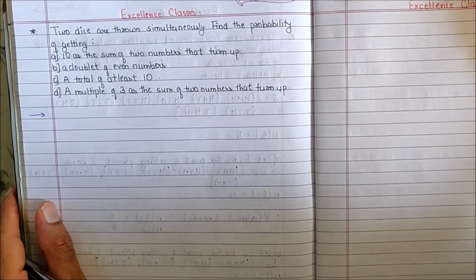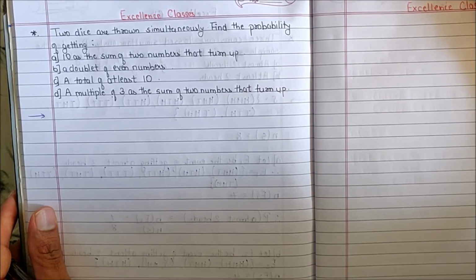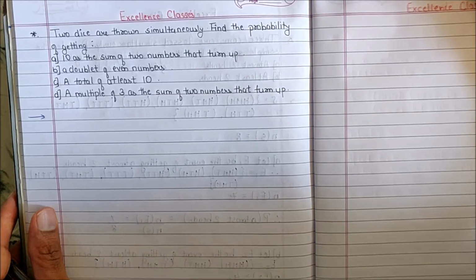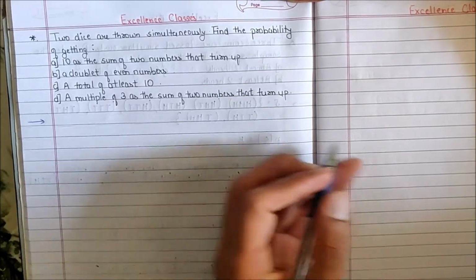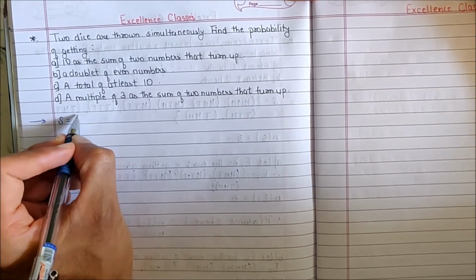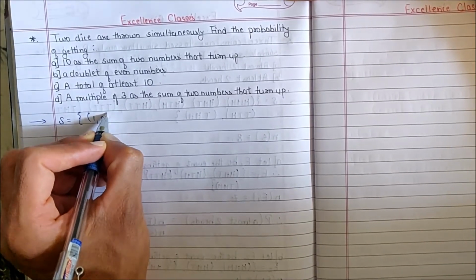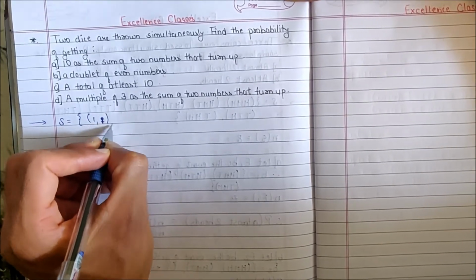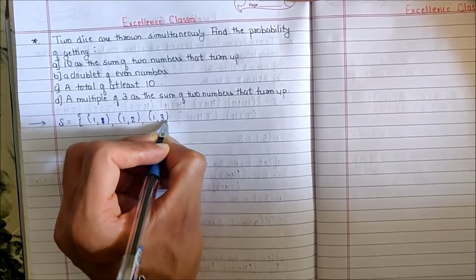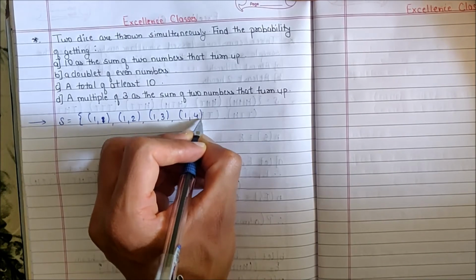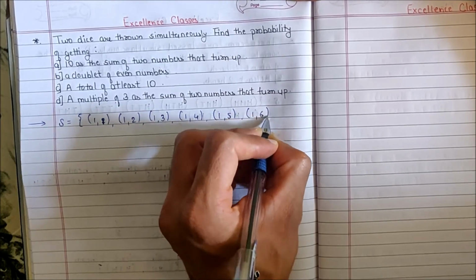Now the next example that we are considering is related to dice. So in this case 2 dice are thrown simultaneously and they are asking us to find the probability of the following cases. So first thing that we will be doing here is writing the sample space for 2 dice. So the sample space is going to be a huge one. Okay, so let us get it understood. It is going to be 1 1. First die, I'll keep constant 1 and I'll go on changing the numbers of the second die. 1 4, 1 5, 1 6.